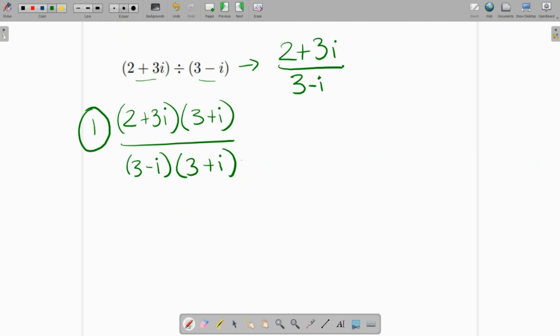This will always give us a real number, and we always need a real number in our denominator no matter what. That is why we multiply and try to rationalize it out. So if we were to go ahead and simplify this, we would just multiply this out, and it would be,